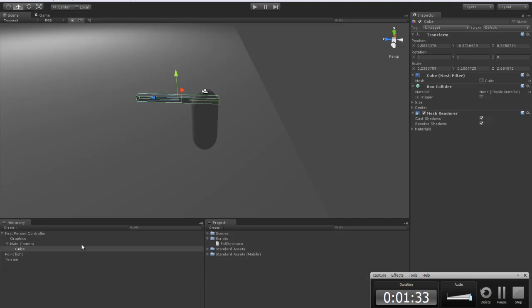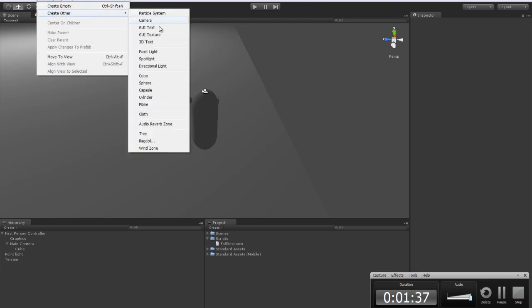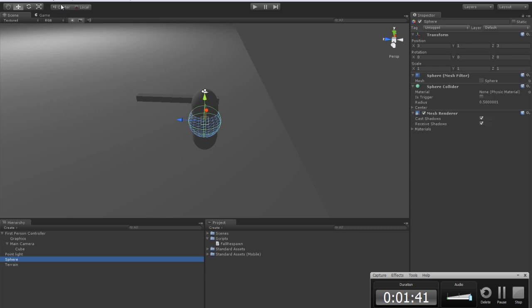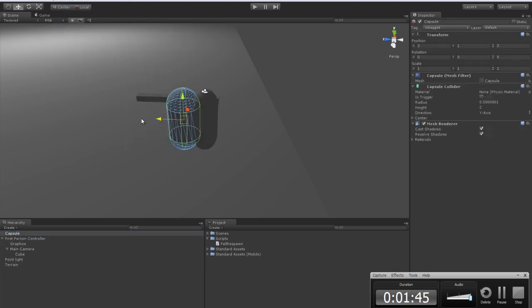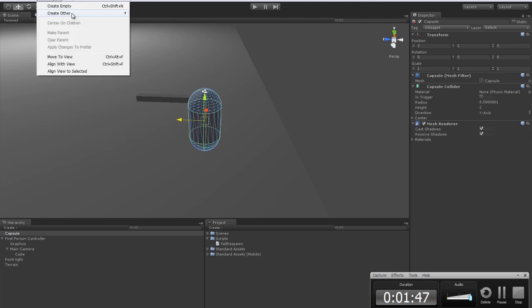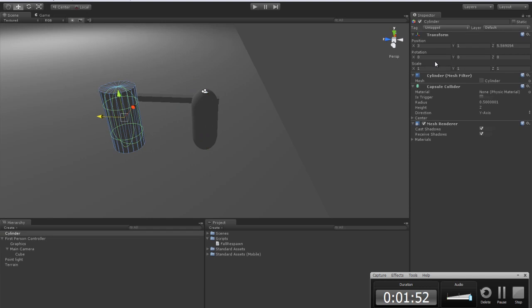That's pretty cool. Now we want to do a shot. Let's create a game object, create other. Let's create a bullet, a sphere. No, let's create a capsule. Here it is, the capsule. Oh, sorry. Game object, create cylinder. Yes, that's nice. Let's rotate this maybe